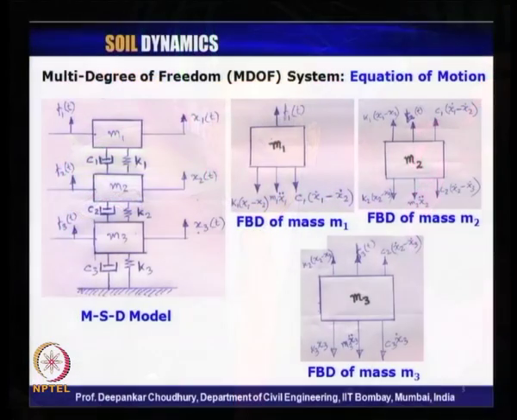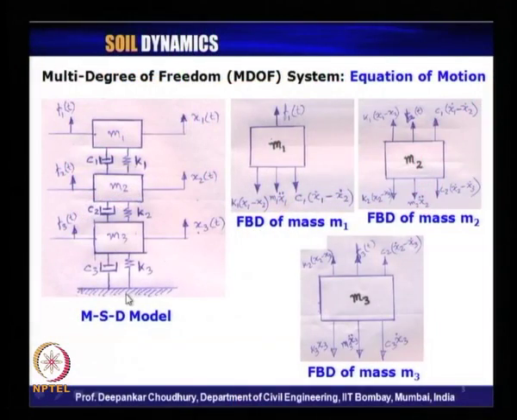We have started with multi-degree of freedom system and how to formulate the equation of motion for a multi-degree of freedom system. We have seen the mass spring dashpot model. We had considered a 3 degree of freedom system with masses m1, m2, m3 and corresponding k and c values k1 c1, k2 c2, k3 c3, and our degrees of freedom were x1(t), x2(t), x3(t). The applied dynamic loads to each of the units were f1(t), f2(t) and f3(t),